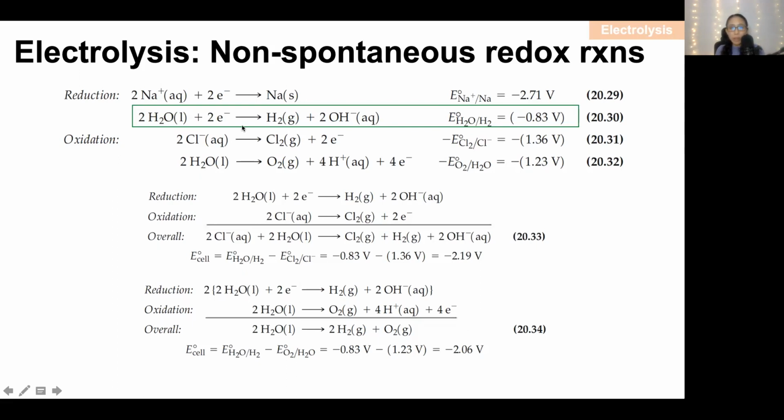So if we combine it with the oxidation of chloride, this is the overall reaction, and this is your cell potential, negative 2.19 volts. And if we combine the reduction of water with the oxidation of water, this is the overall cell potential, 2.06 volts. So we see that their cell potentials are comparable,